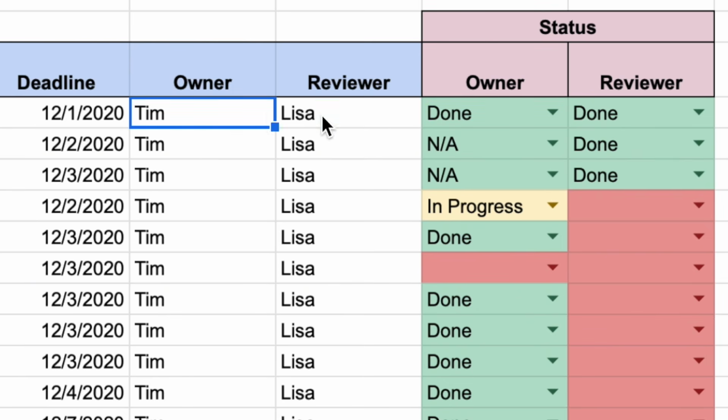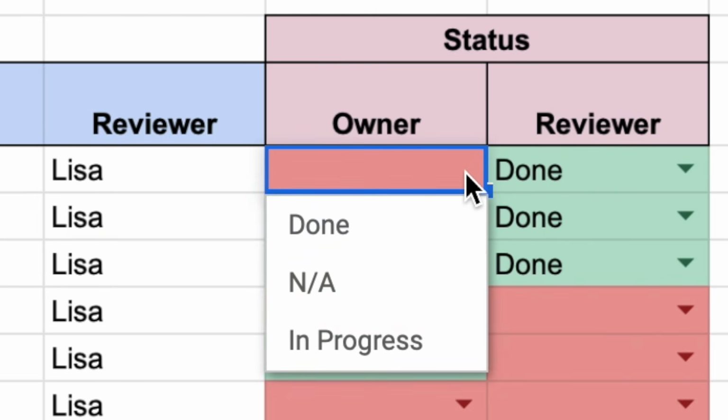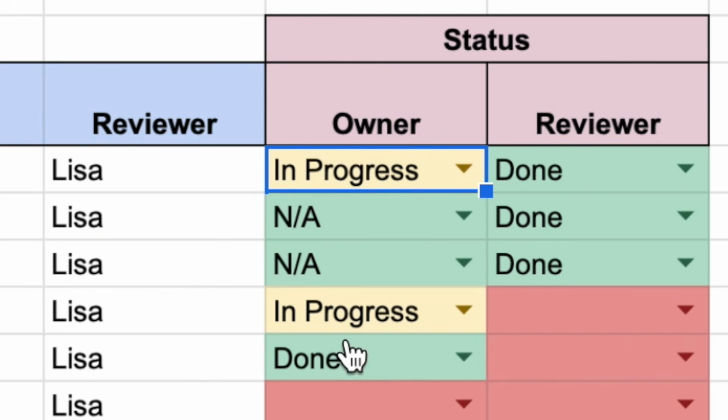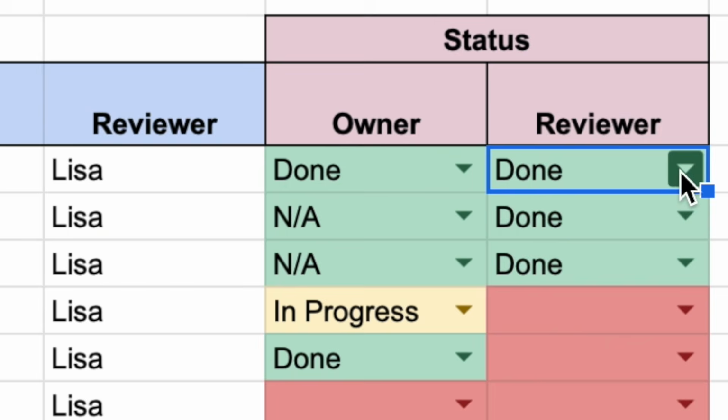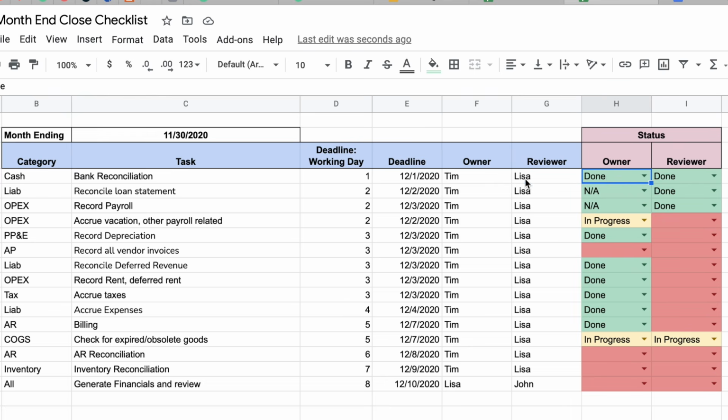Each of Tim and Lisa will need to come in here and then choose the status. So here, if this is blank, it's going to be red, and I'm going to show you how to create the color coding. It's basically conditional formatting in Google Sheets. Basically, when Tim is working on it, he can change it to in progress. When he's done, he can say done, and then Lisa is going to come in here as well and put done, which is already here. So this is the overall structure of the month-end close checklist,